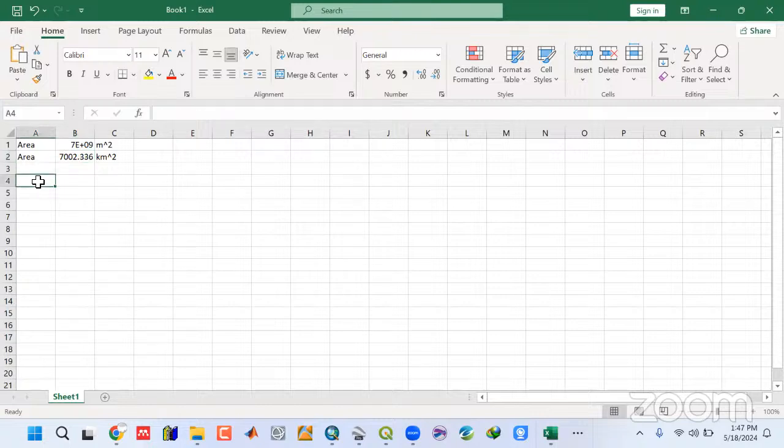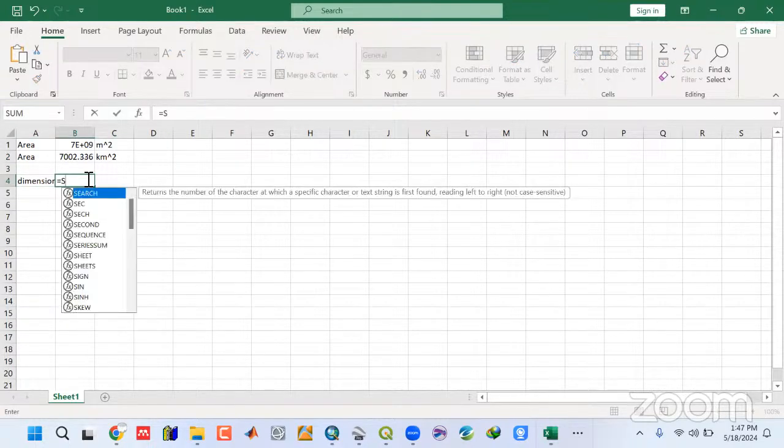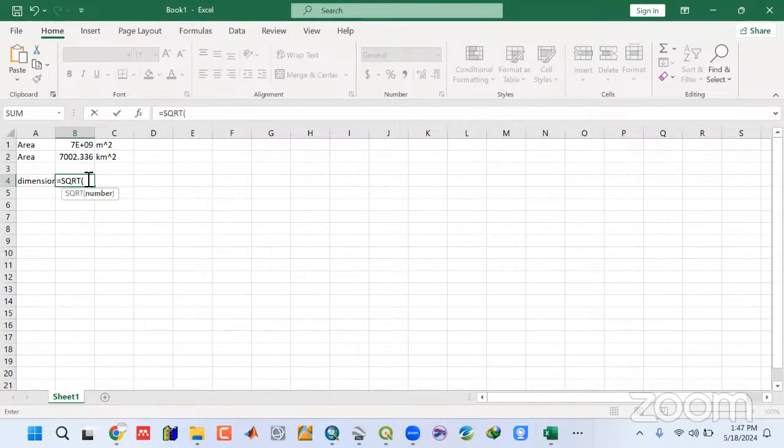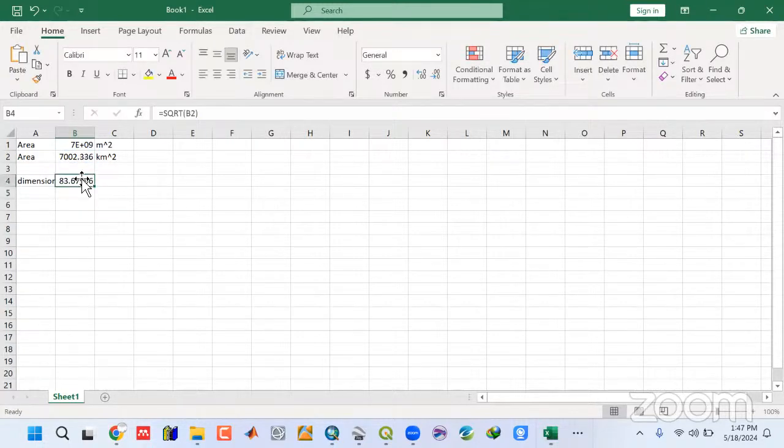So this is what we have. We take the dimension, that is the square root of this one. It's going to become SQRT of this value, which is actually around 84 kilometers. You see? So this is the area which we copy,